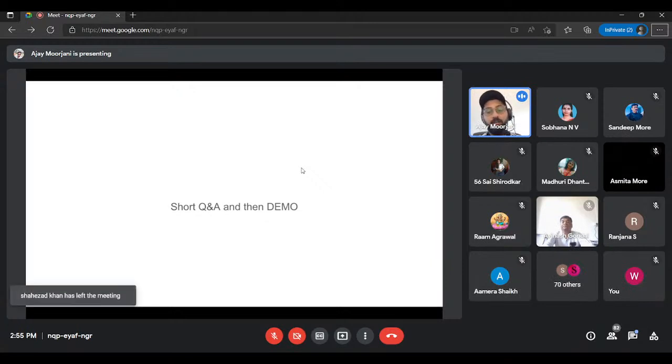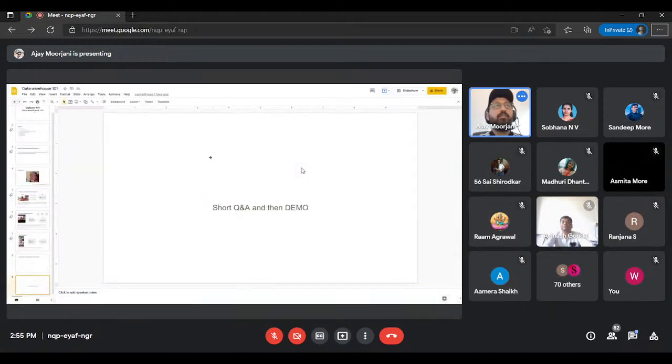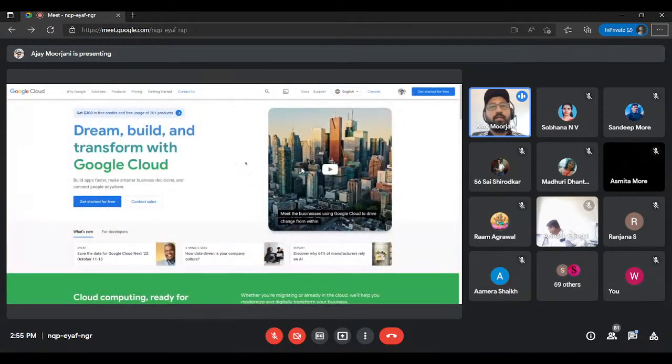Okay, let's do a quick demo. We are running short of time, so I decided to do 2 demos, but I'll do only 1 demo today. Okay, so this is how Google Cloud looks like, the front page, and then you click